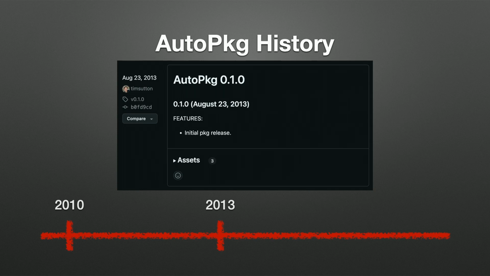I started playing with it myself shortly after this. I was working in higher ed, so probably October, November after the semester rush finished up. I remember thinking it was absolutely phenomenal. It was great. But at the time, I didn't really have a need for it, so I kind of shelved it. I was managing about 70 Macs, and they were only changing in the summer. So it was a cool tool, but, eh.